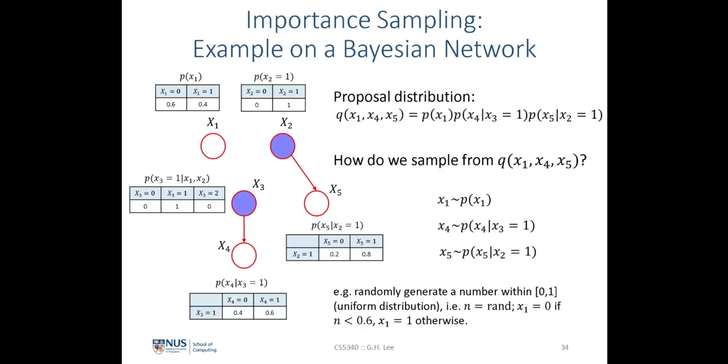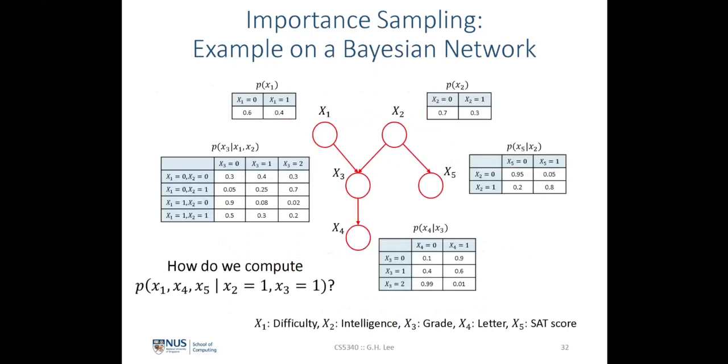So one choice over here would be to get the proposal distribution to be the marginal probability of x1 multiplied by x4 conditional upon x3 equals to 1 multiplied by x5 conditional upon x2 equals to 1. We can see that these 3 probability distributions are a lot simpler to draw samples from as compared to the original target distribution,